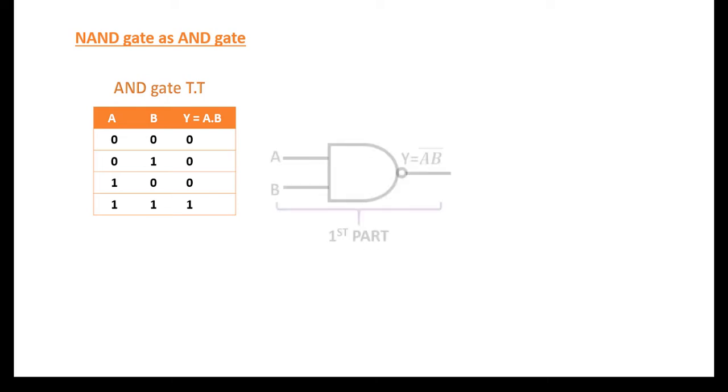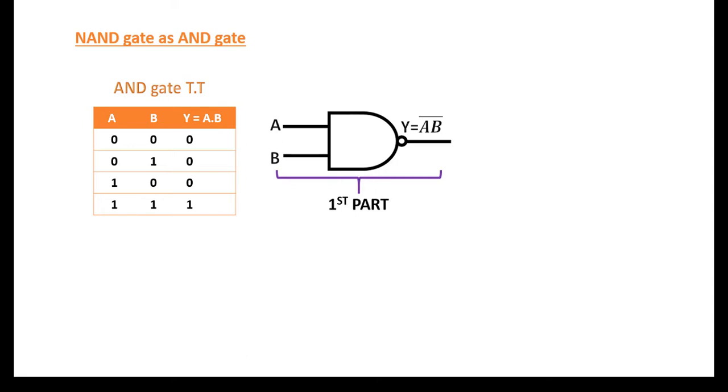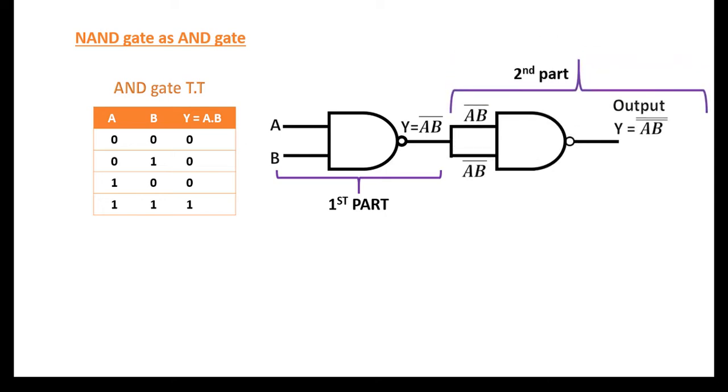My first NAND gate will be this one. You can see here A and B represents the input for my NAND gate, and Y is equal to AB complement represents output of my first NAND gate. And the output of my first NAND gate has to be connected to the second NAND gate. This is my second NAND gate. You can see that in the second NAND gate I have merged the input into a single one. The output of my first NAND gate is connected to the input of my second NAND gate, and both the